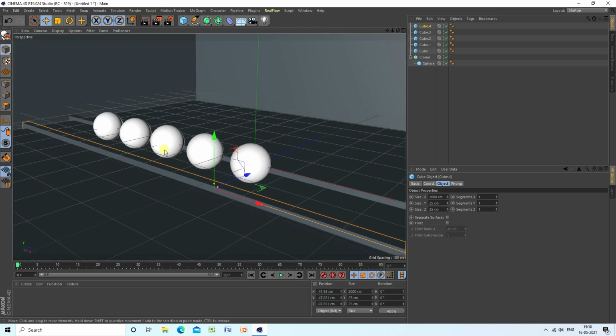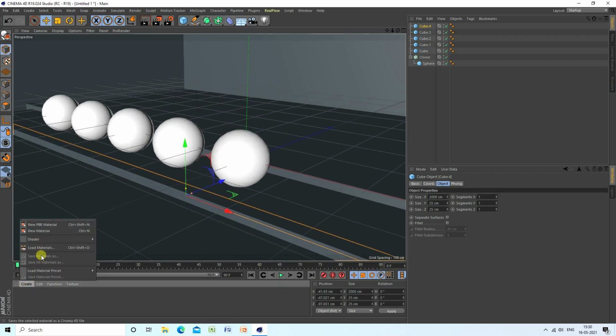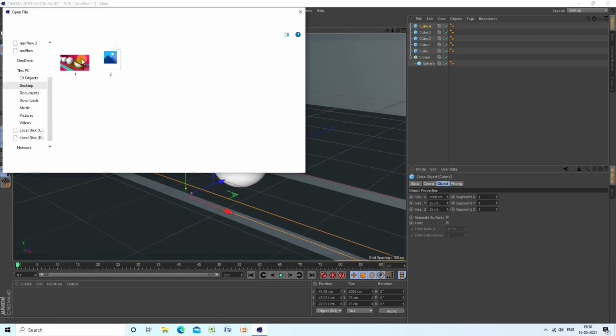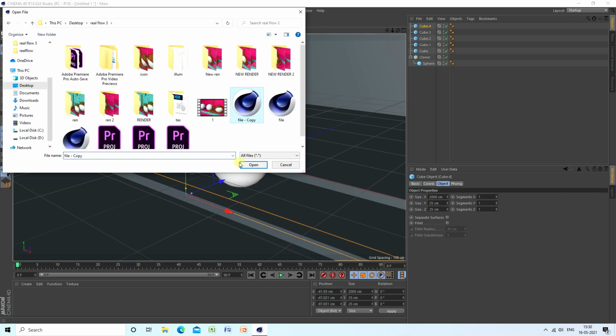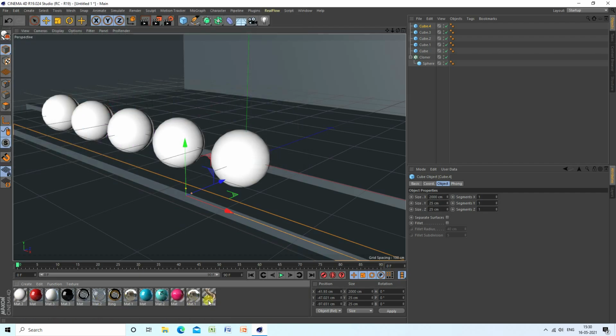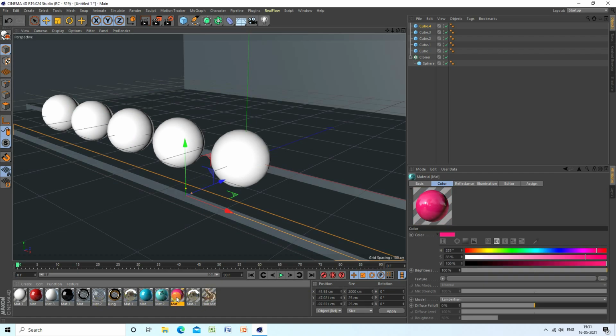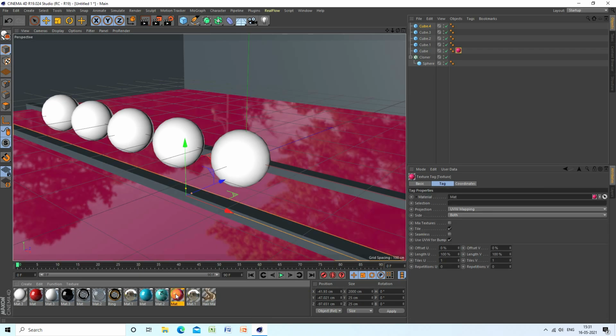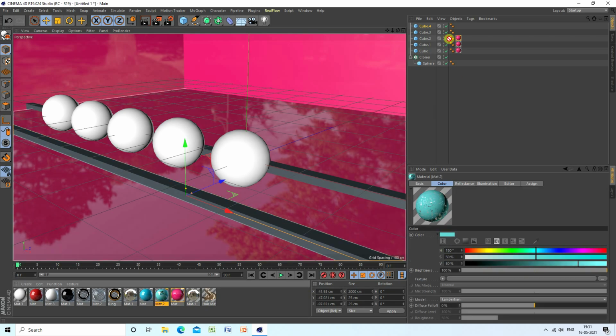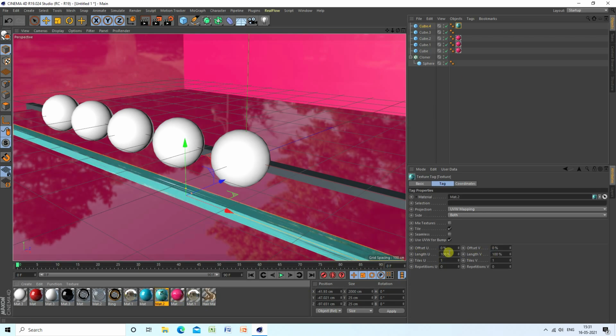Okay, so now guys, I apply material. So I go to create and load material, and guys, I have material file like this. That's my material file, right? So apply this one, that's my pink material, apply and apply, and this one and apply, and guys, take 2 UV change, and same, select this material, holding control key, drag and drop.